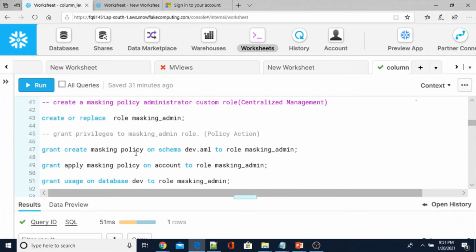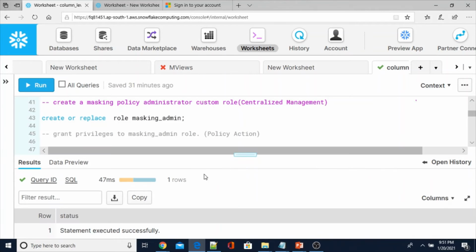At the same time, we need the apply masking policy privilege also. Let me execute: grant apply masking policy on account to role masking_admin. Statement executed successfully.